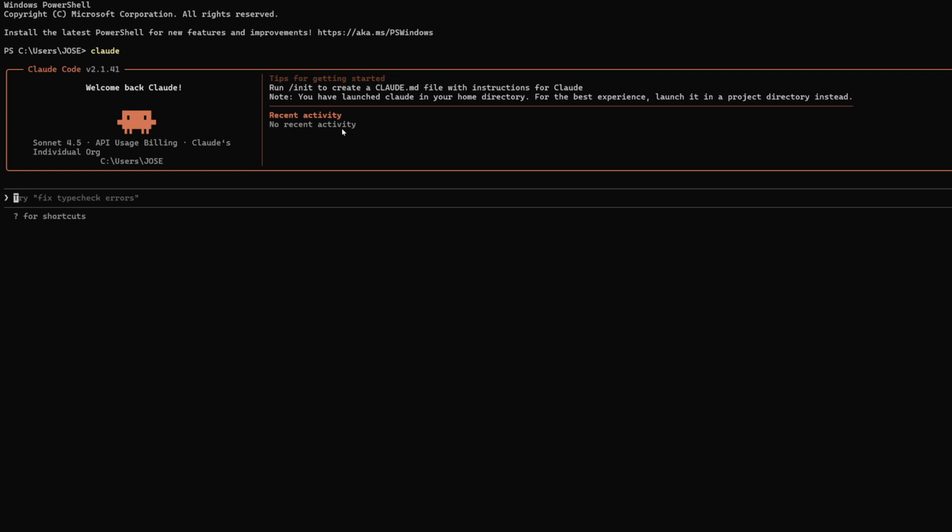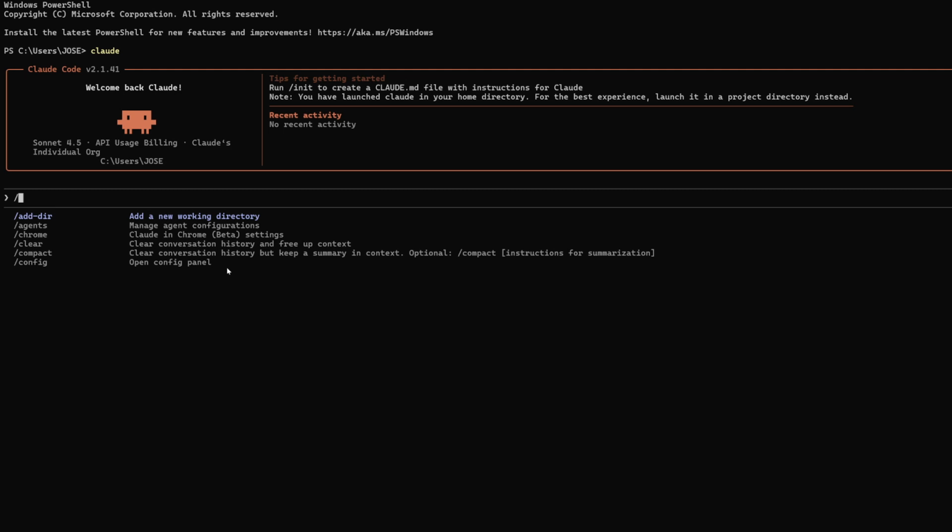As you work with Claude, you can utilize helpful slash commands to customize your experience. For example, the /config command opens settings to change your default Python model, allowing you to switch to Sonnet 4.5 for improved logic. If your session becomes lengthy, you can use the /compact command to summarize the history, which helps